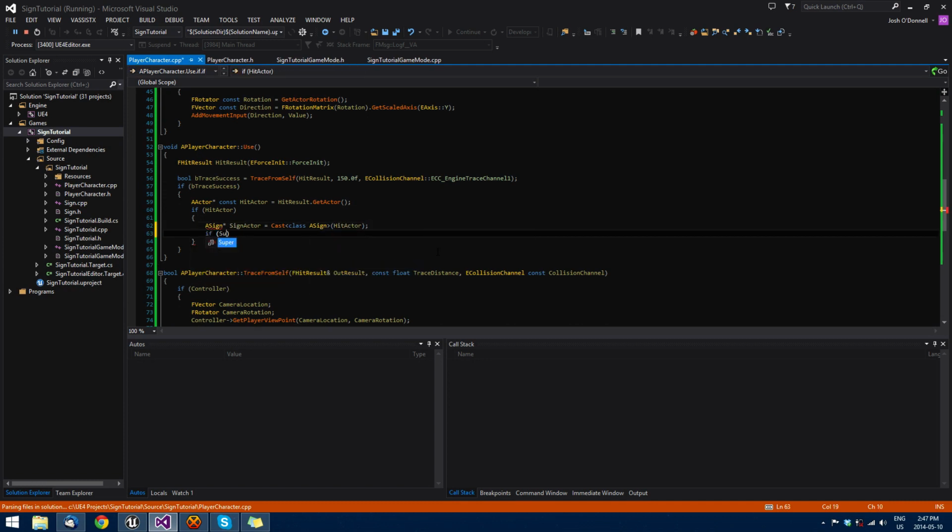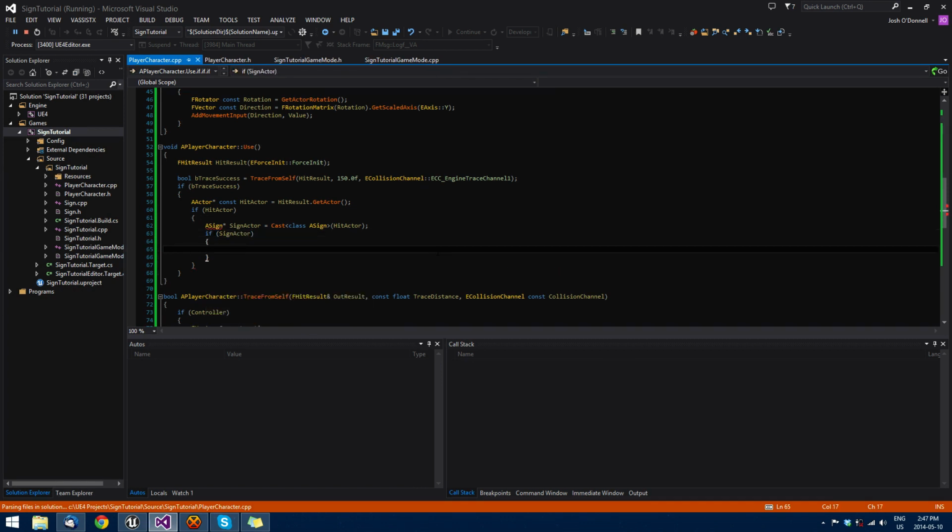If this succeeds and SignActor is not actually null, I can't tell if that's telling me an error or not, it's not, then we will work with